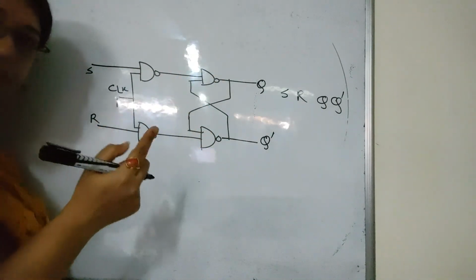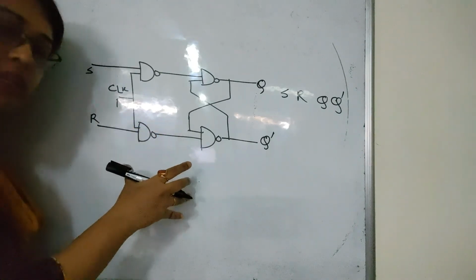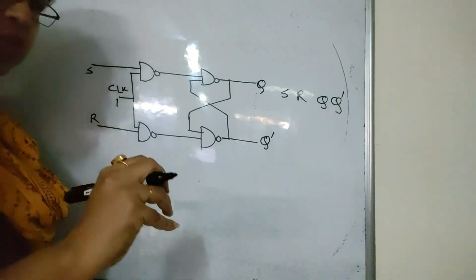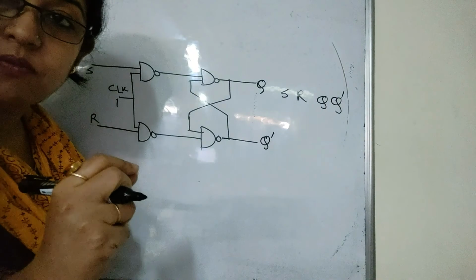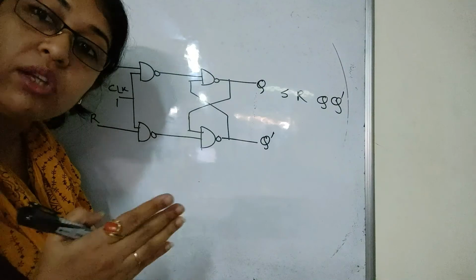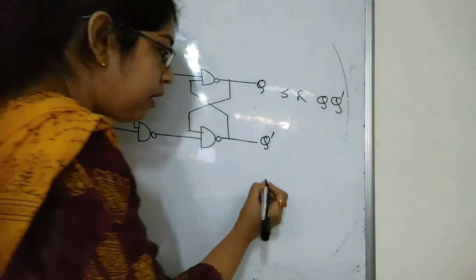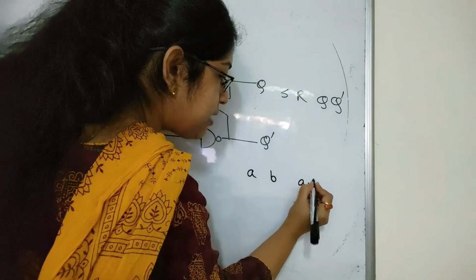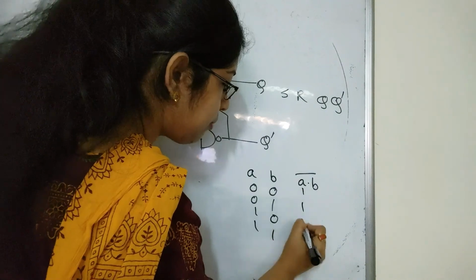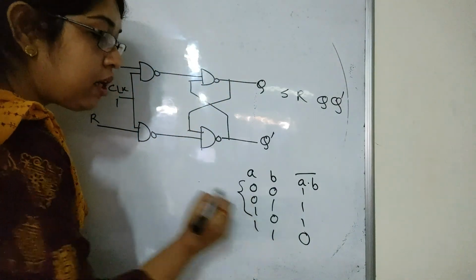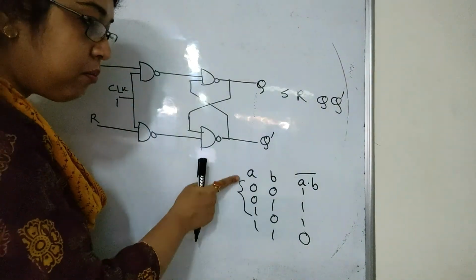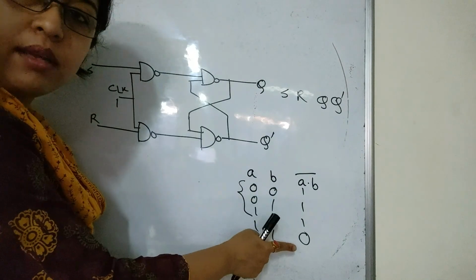Second difference is, in case of NAND gate, when we are working, we are going to take low inputs first. In case of NOR gate, we were taking high inputs. In case of NAND gate, we are going to take the low inputs first. Why? The reason is, this is the NAND gate truth table, and the truth table goes like this. Whenever one input line is low, the output is always high.